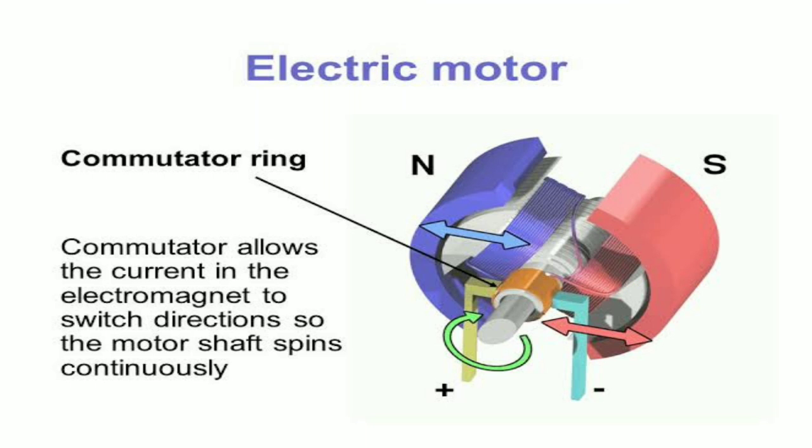An electric motor consists of a coil and magnets. When you give the current from outside, a magnetic field is produced in the coil. Depending upon that, there will be a torque, a rotating force generated, and it rotates. We will discuss in detail. So these are all magnetic effects of current.